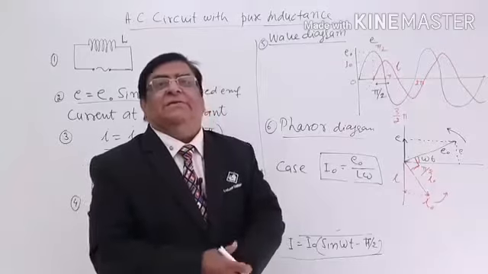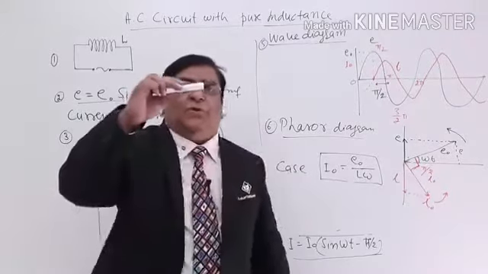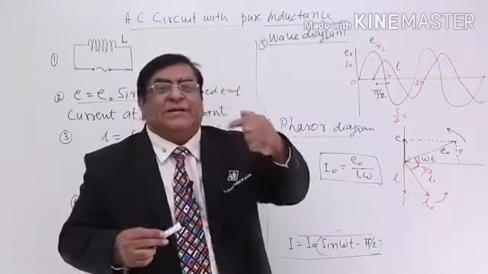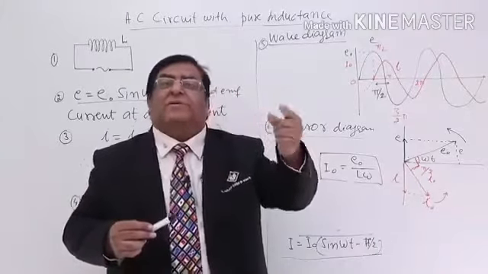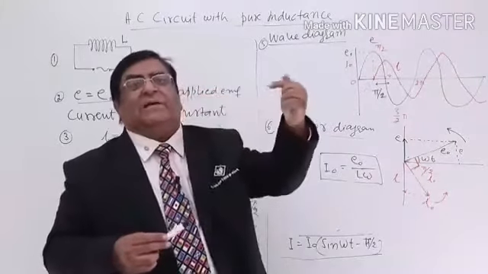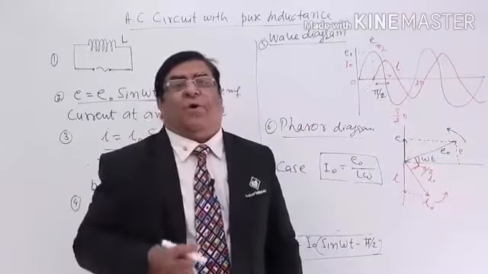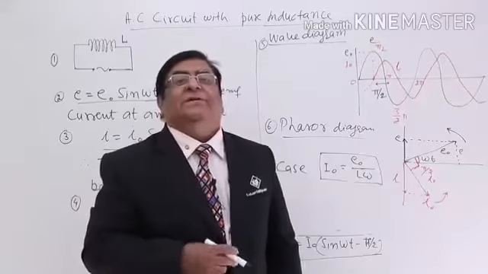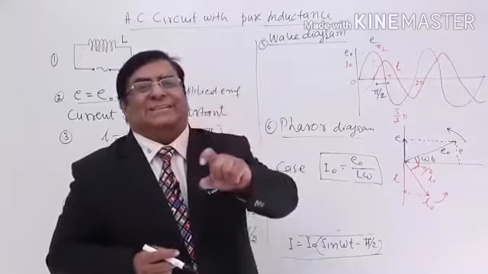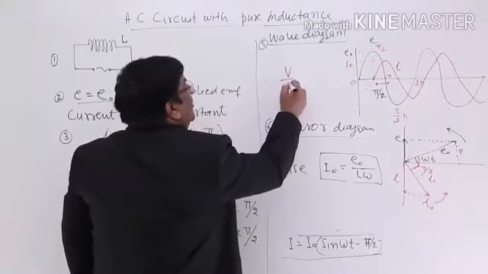We say yes, there is an opposition, because when the current wants to flow, the inductor obstructs it. And what is the medium of this obstruction? It creates a magnetic field in it. With the help of that magnetic field, it creates an opposite EMF. That opposite EMF blocks the current. But how to measure that blockage? How to measure that opposition? The answer: any opposition in electricity is measured by the term voltage upon current.